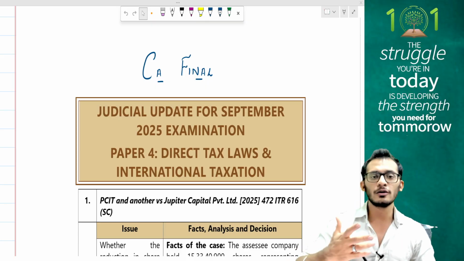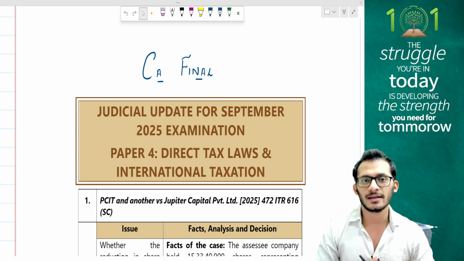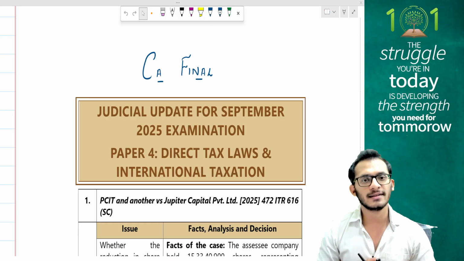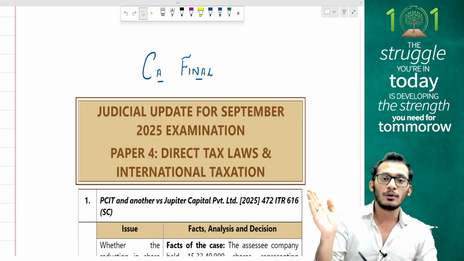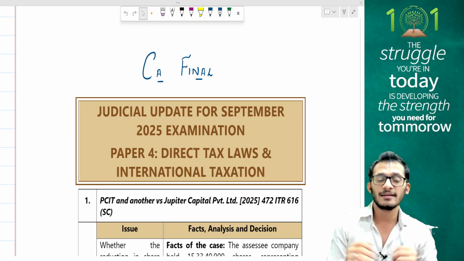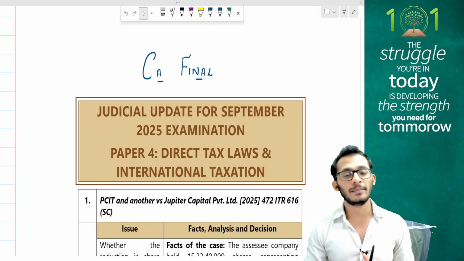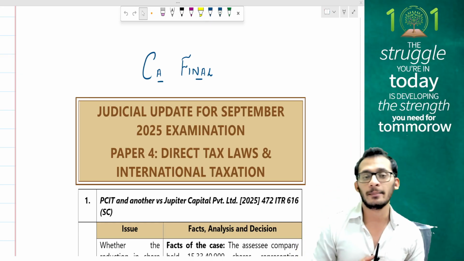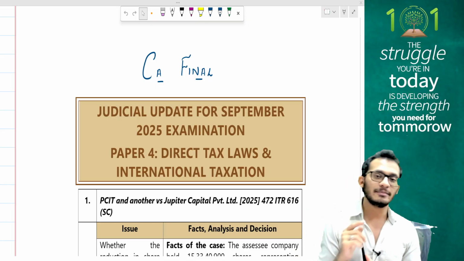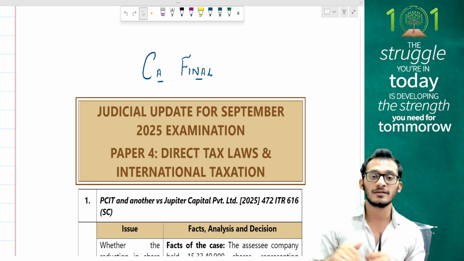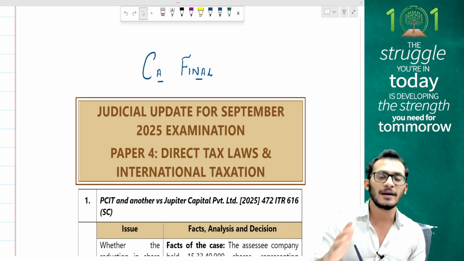Now, normally, while we take you through all these case laws in the classes, we tell you it's not very critical to remember those case laws from an exam standpoint, because these are age-old case laws. As a practice, what ICAI normally does is, before every exam, they will notify certain new case laws, the new case laws released right after the study material was launched, so that ICAI can pay more attention to the latest updates happening in the market. This sheet is basically those 5 case laws which ICAI has notified for your September exams, the newest case laws which are going to be part of your bucket.